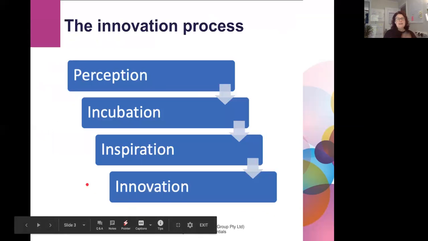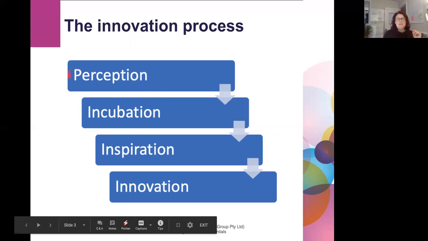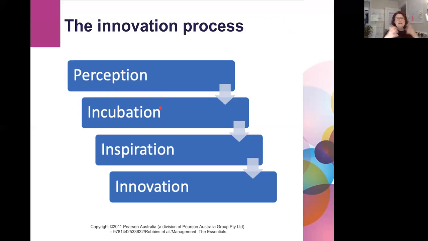And if we're thinking about innovation as a process, for you guys that are more in the creative industries, this is probably a more intuitive process. But generally speaking, the work that's been done looking at what innovation is and how it works tends to go through 4 phases. First, the ability to perceive and see new ideas, and to bring them together in ways that we can then incubate them. So being able to spot things out in the world in a creative way, making novel associations or generating new ideas, allowing them to incubate and cultivating them in some way.